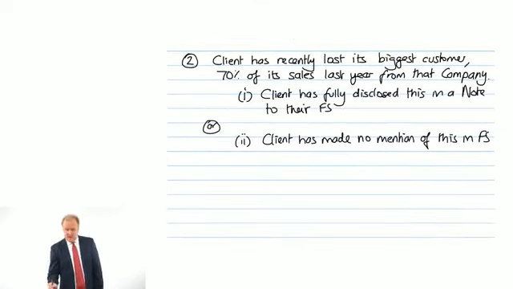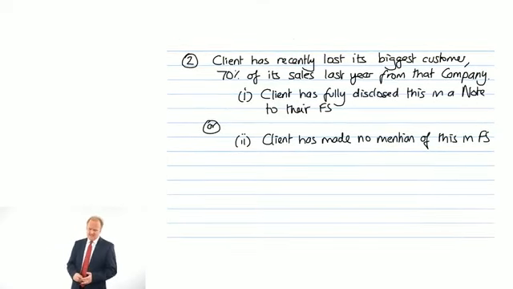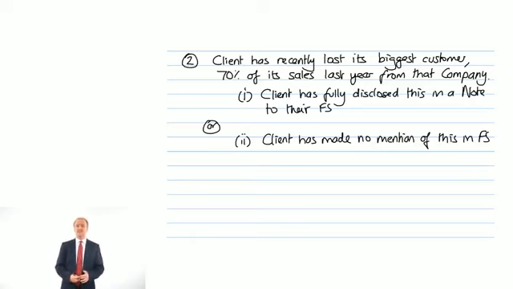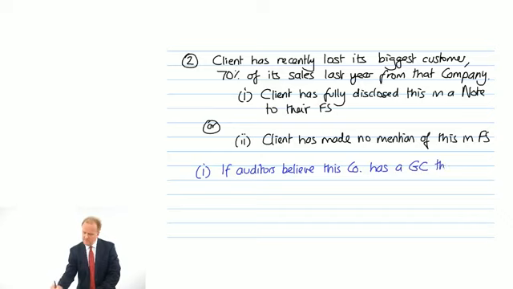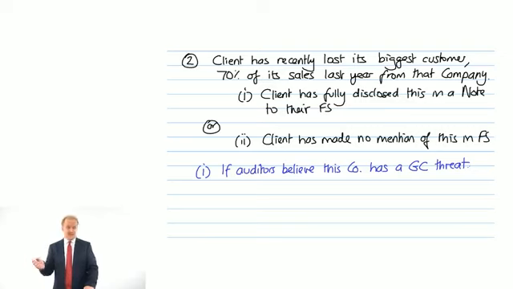Right, firstly, number 1. If your client has recently lost its biggest customer, and that is 70% of sales from last year, I would suggest that your client might have a going concern problem. And if we as auditors agree that this company has a going concern threat, which it would seem to,